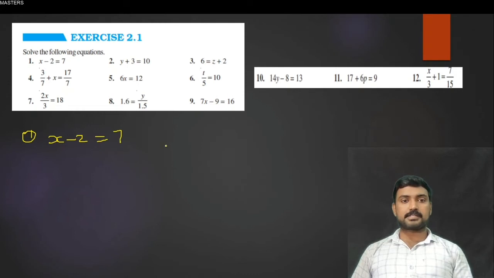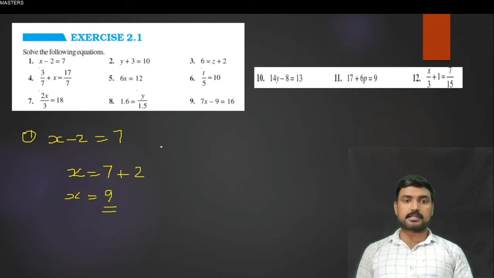Now we are going to discuss how to solve the following equations. Many equations are given, and we have to solve them. The first equation, x minus 2 is equal to 7. X is equal to, this minus 2 on the left side, if it transposes to the right side, it will be positive. Already the number 7 is there on the right side, so it should be written first. Later this minus 2 transposes to the right side, so we get plus 2. Now the equation becomes x is equal to 7 plus 2. We know that 7 plus 2 is equal to 9. So the value of x is equal to 9. This is the method of solving an equation.